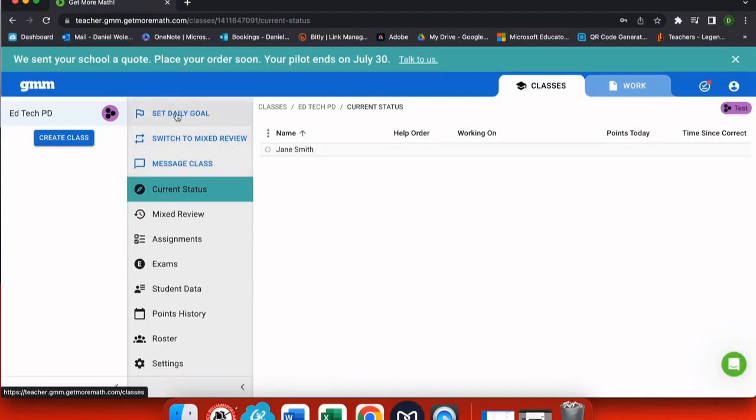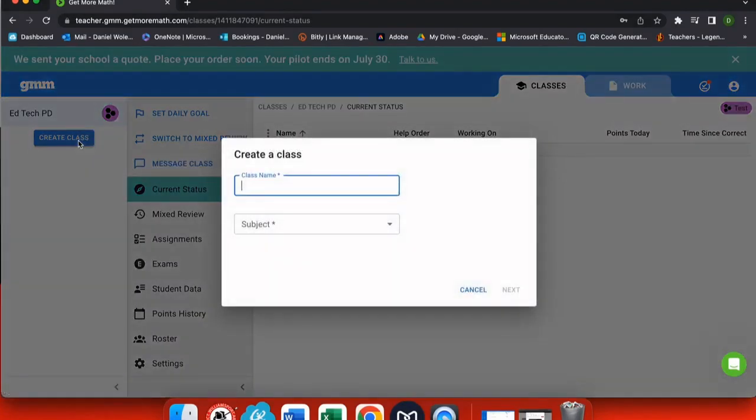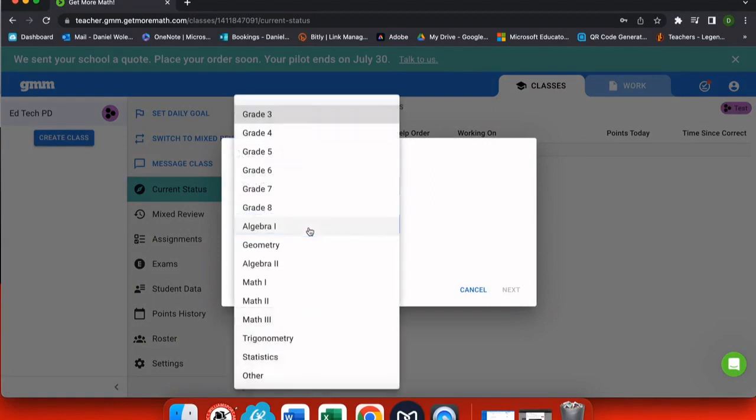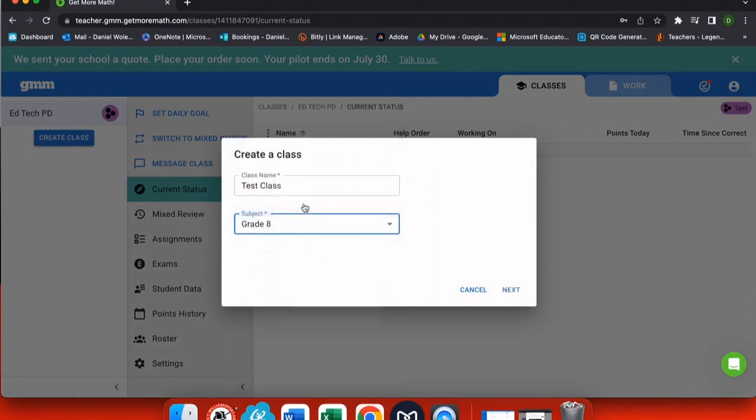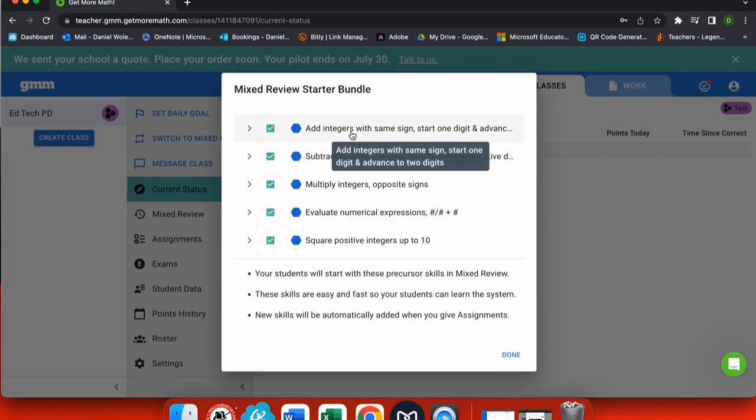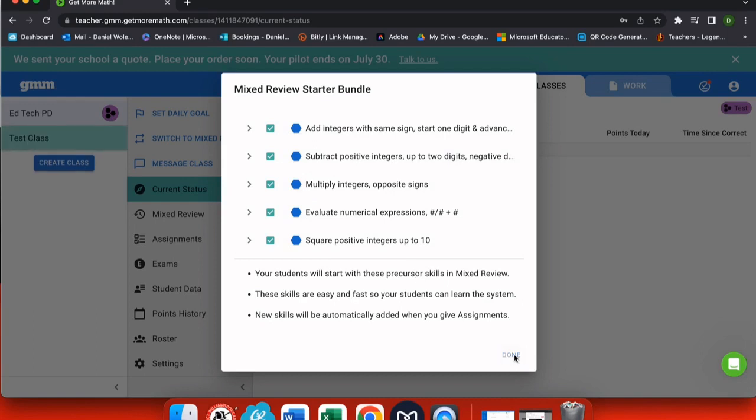Get More Math offers a great way for your students to practice their math facts every single day. When you first create a class, and I'm going to create this test class right here, select the subject that you primarily teach. Some of you may teach more than one subject. You'll see you're automatically offered a mixed review starter bundle where you can select skills that they recommend based on the class that you've chosen, and these will automatically be offered to your students